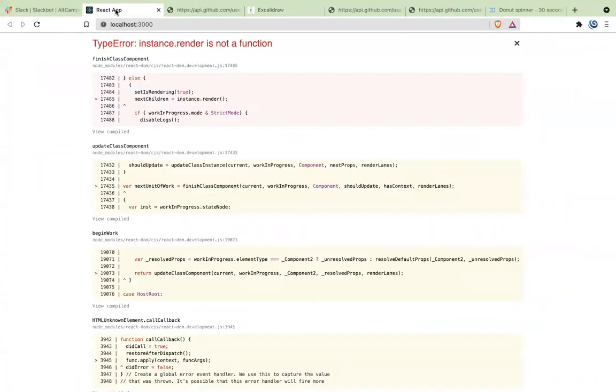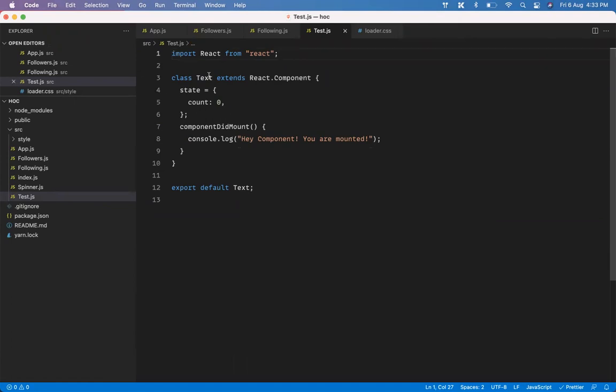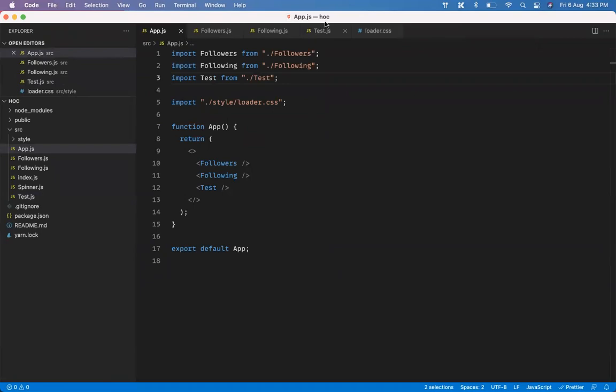Something is wrong here. It is saying that instance.render is not a function, meaning every component that you create needs one. Sorry, I've created a text component here. It should be test. So test in the app, yeah, test, perfect.